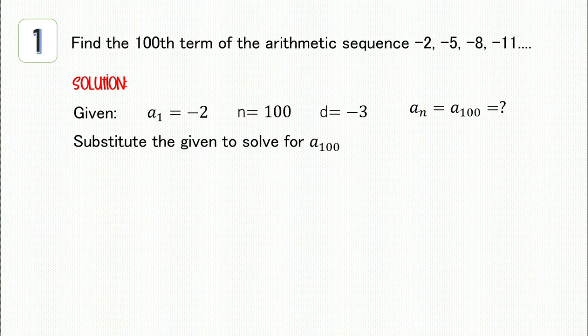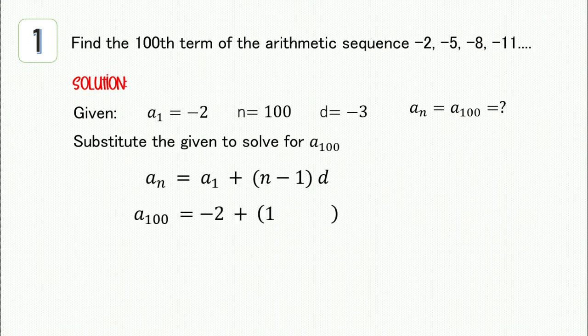So, ano yung formula? So, ito yung formula ng nth term of arithmetic sequence. A sub n equals a sub 1 plus quantity n minus 1 times d. So, isa-substitute na natin. Yung a sub n is a sub 100 equals